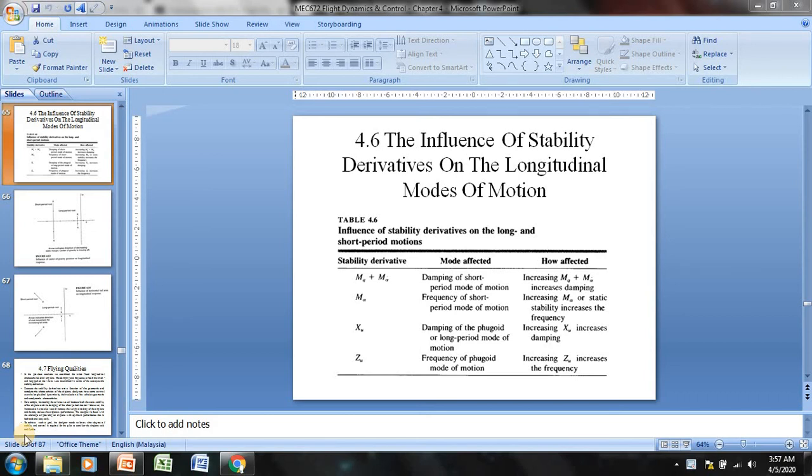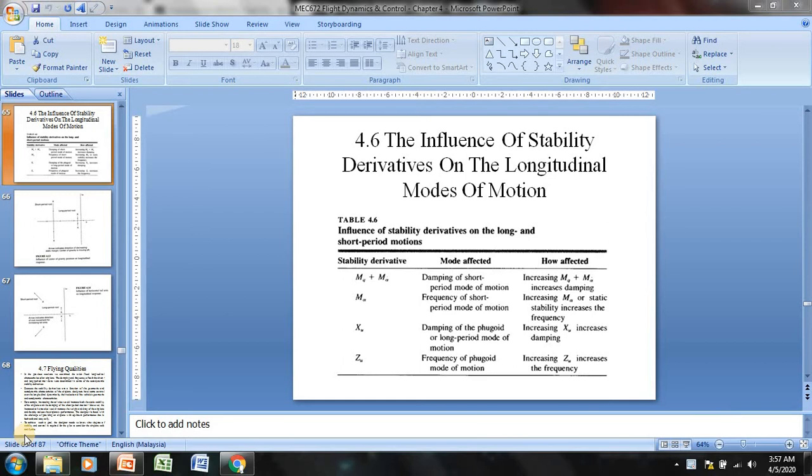Okay, welcome back. Now, this is actually a continuation from part 4.5. We are now going to look at the influence of stability derivatives on the longitudinal modes of motion. I'm not including this in my normal Tuesday lecture, but instead this is also a part of once you try it yourself